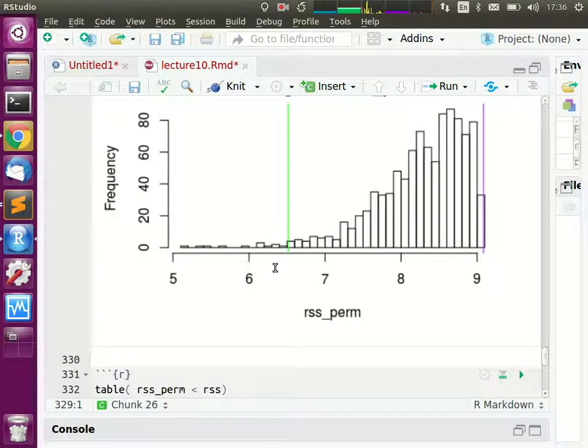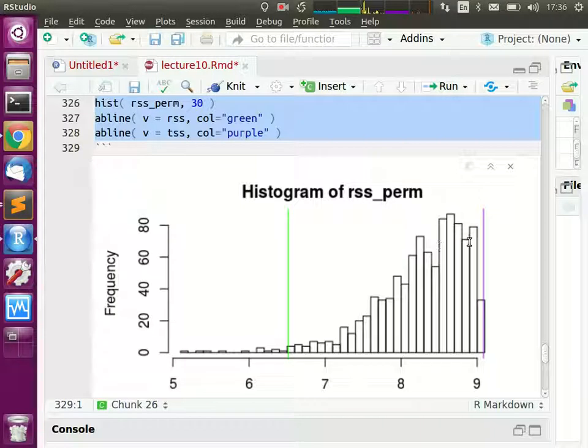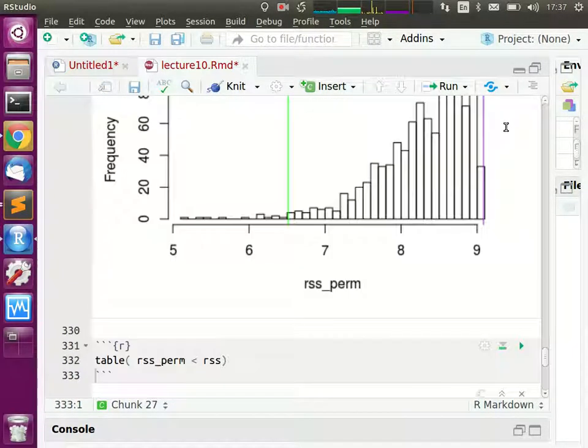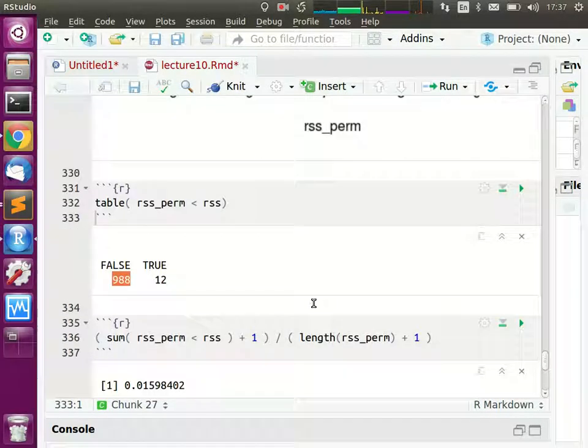And now I can ask, how often was our random permuted value below this? So I can sum up these values which are below the green value and compare them with those above the green value. How many are below the green value? 12. And how many are above the green value? 988. This gives me a p-value. The probability that this happens by chance seems to be roughly 12 in 1,000. So to get a p-value, I decide 12 divided by 1,000 is